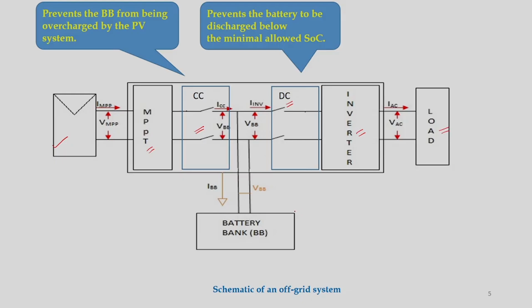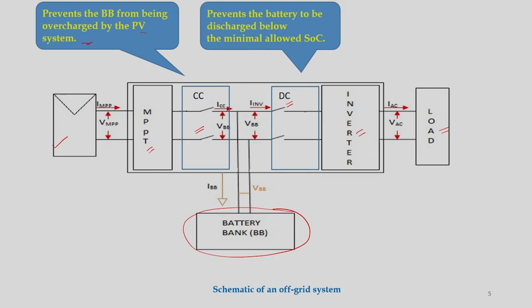And then, as we know, we need a very important component called the battery bank. As we have learned in the last class, this charge controller is very important because